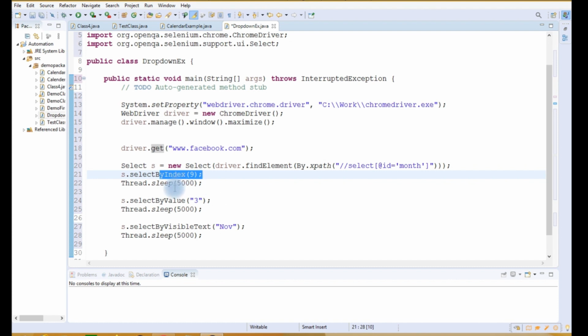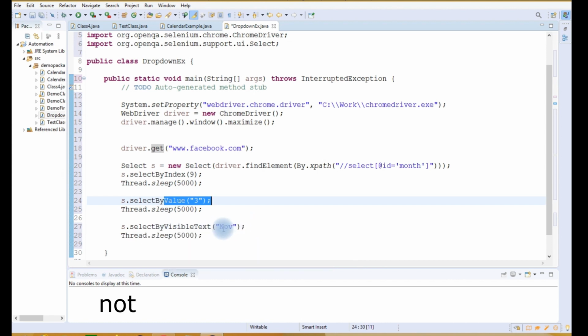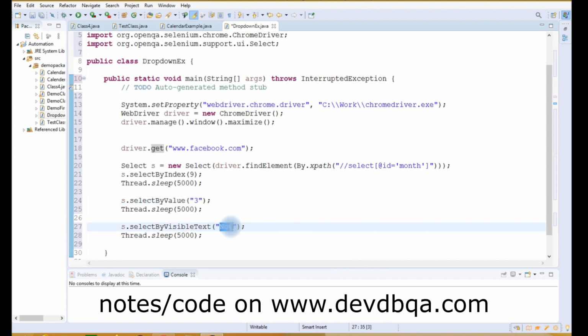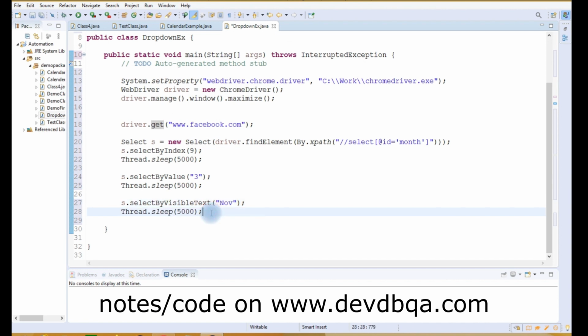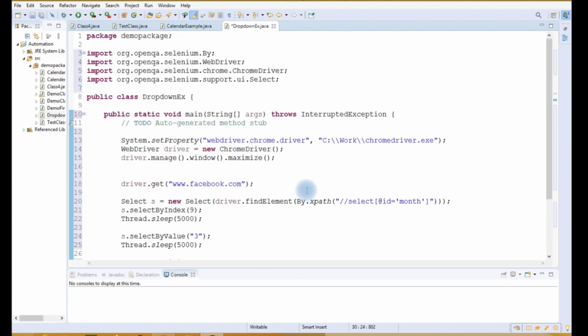After that it will select the value on which the attribute value is 3, and after that it will select the value on which the visible text is NOV, and after that we will write driver.close, so that it will close the driver, right?